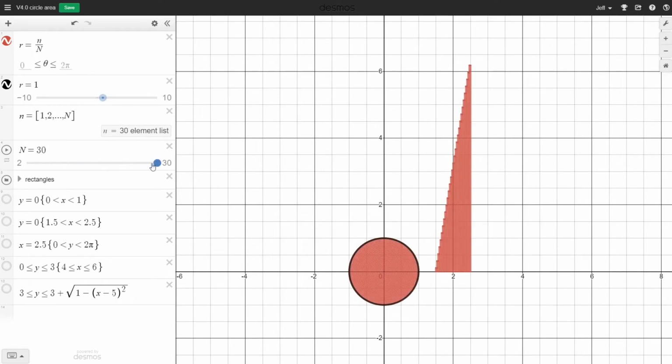After we create a very fine partition of this disk, these rectangles over here seem to form a triangle. What would the area of that triangle be? Well, the radius of the circle is the same thing as the base of the triangle, because all of these little rings get unwound and stack on top of the radius. The height of the triangle turns out to be the circumference of the circle, because we've unwrapped this outermost ring and it becomes the rightmost rectangle. So what's the area of this triangle?